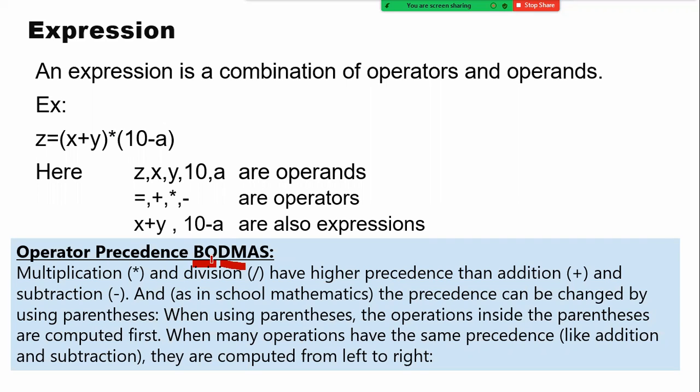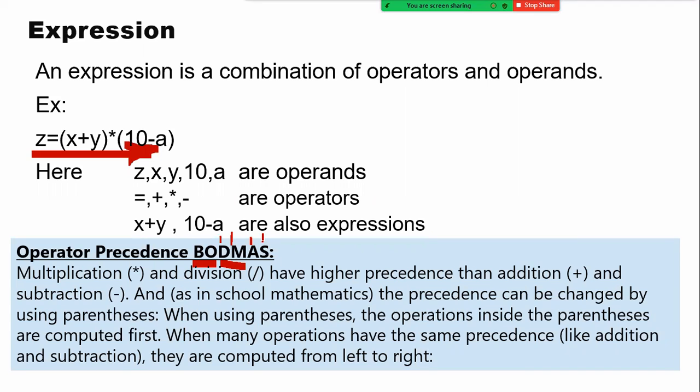Now comes a question: how are these expressions going to be evaluated? They are evaluated from left to right. So if I'm using both division and multiplication, whichever comes first from the left is solved first. Like that, the next preference is given to addition and subtraction. This is the simple logic that we'll follow for evaluating expressions.